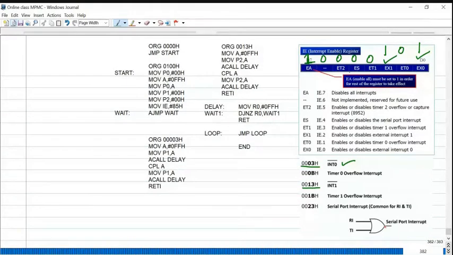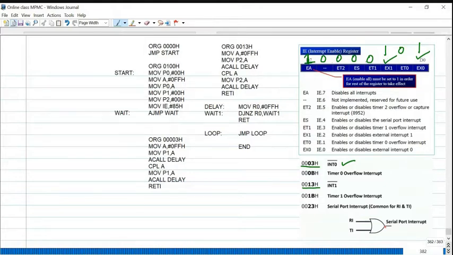We enable all the interrupts, but we can enable or disable a particular interrupt by writing 0 or 1. To enable external interrupt 1 and external interrupt 0, this is the pattern.